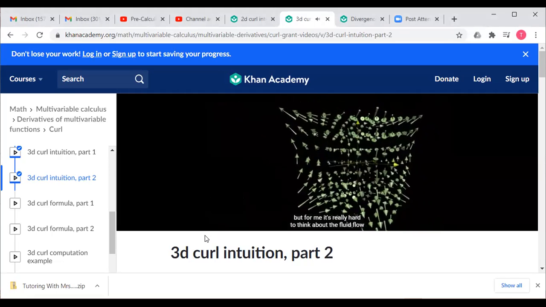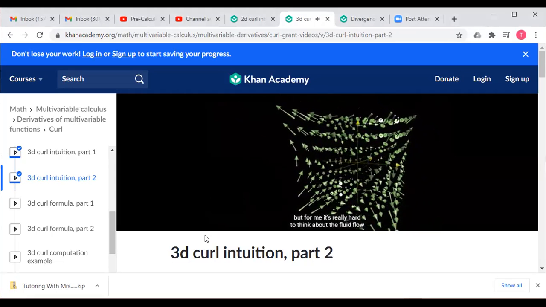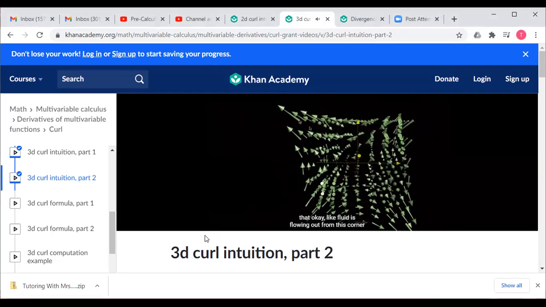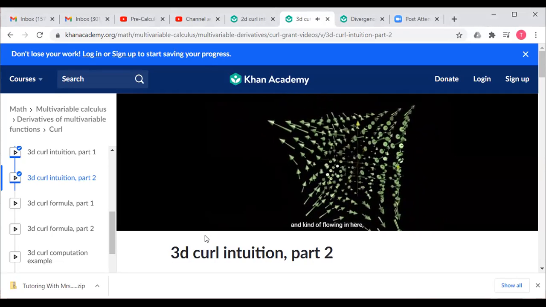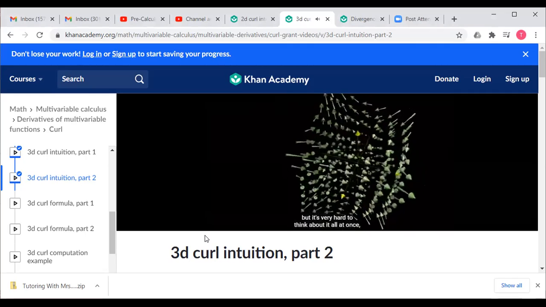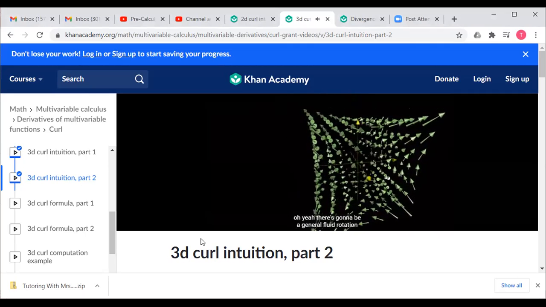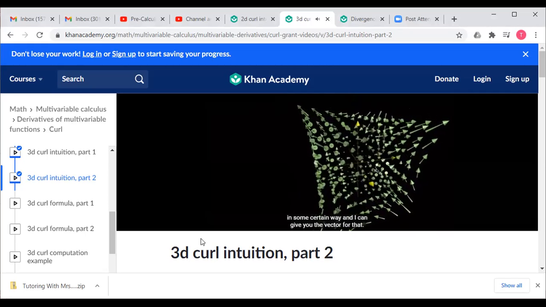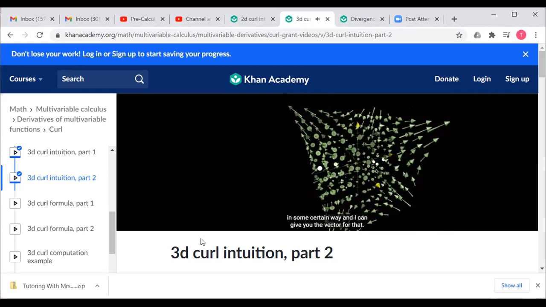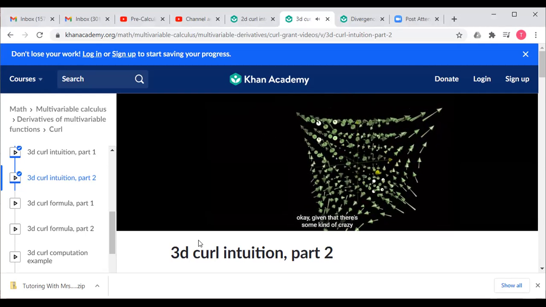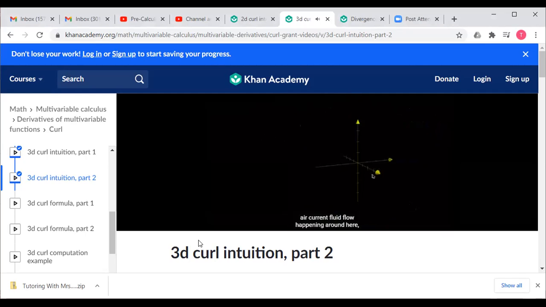I don't know about you, but for me, it's really hard to think about the fluid flow associated with this. I have a vague notion in my mind that fluid is flowing out from this corner and flowing in here, but it's very hard to think about it all at once. And certainly if you start talking about rotation, it's hard to look at a given point and say there's going to be a general fluid rotation in some certain way, and I can give you the vector for that. But as a more loose and vague idea, given that there's some kind of crazy air current fluid flow happening around here, I can maybe understand that at a specific point,